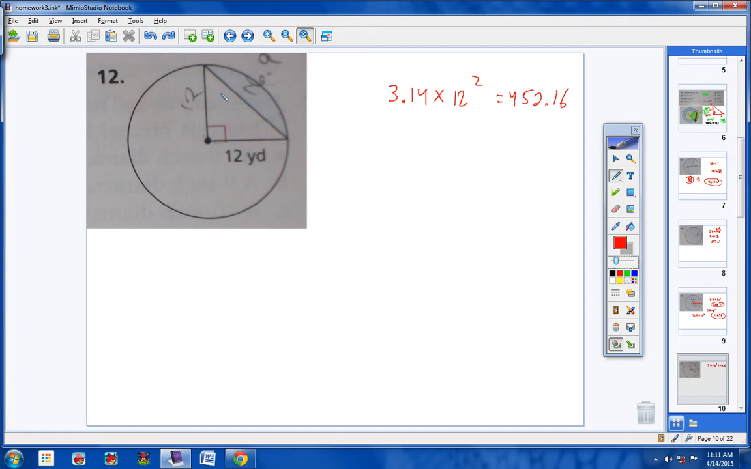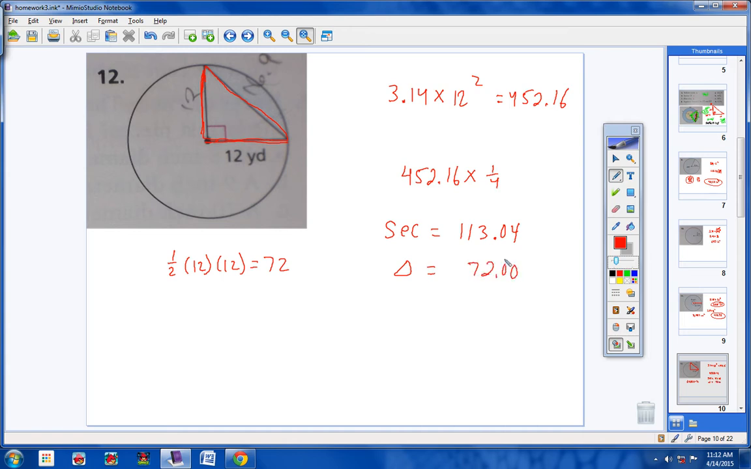So this sector right here is 1/4 of the entire circle. So 452.16 times 1/4, or times 0.25, which would give us the area of the sector. So the area of the sector is 113.04. Now we can very quickly find the area of this triangle, because we have a right triangle right here, and the base is 12 and the height is 12, because they're both a radius. So the area of the triangle is 1/2 times the base times the height, which would give you 72. Alright, so the triangle equals